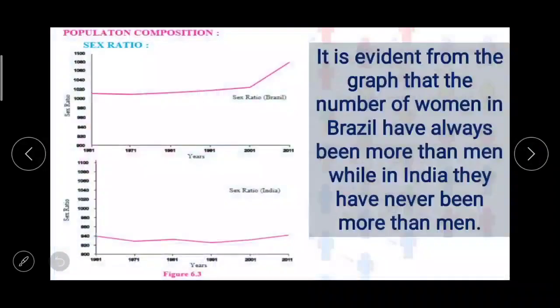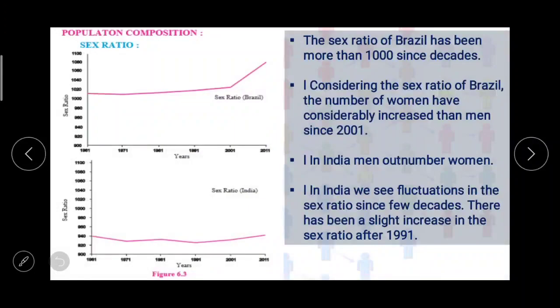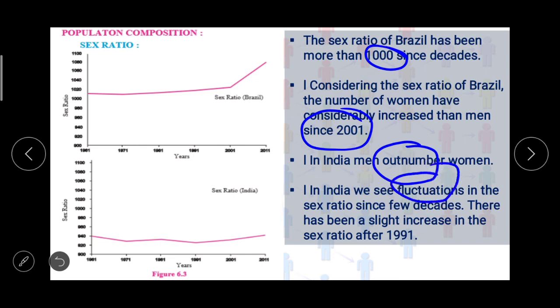And by this we can conclude the sex ratio of Brazil has been more than 1000 since decades. Considering the sex ratio of Brazil, the number of women have considerably increased than men since 2001. But in India, men outnumber women, and in India we see fluctuations, मतलब change हो रहा है number में, in the sex ratio since few decades, and there has been a slight increase in the sex ratio after